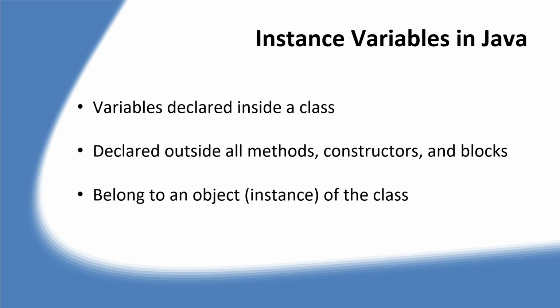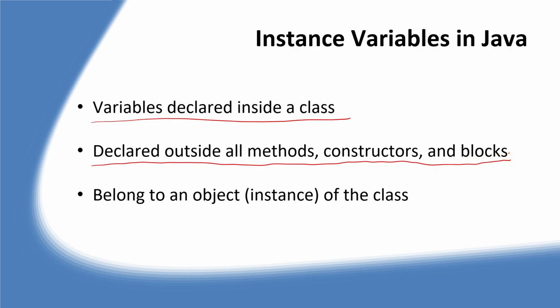An instance variable is a variable that is declared inside a class but outside all methods. Okay, so here it is written: variables declared inside a class but declared outside all methods, constructor and blocks. Okay, so inside class, then class name xyz,